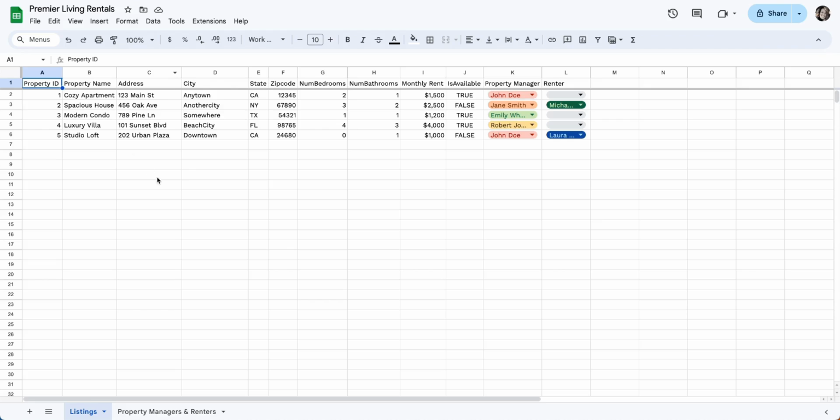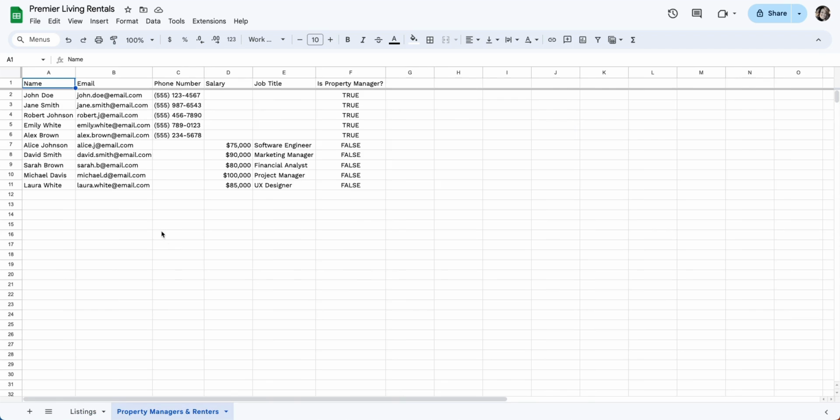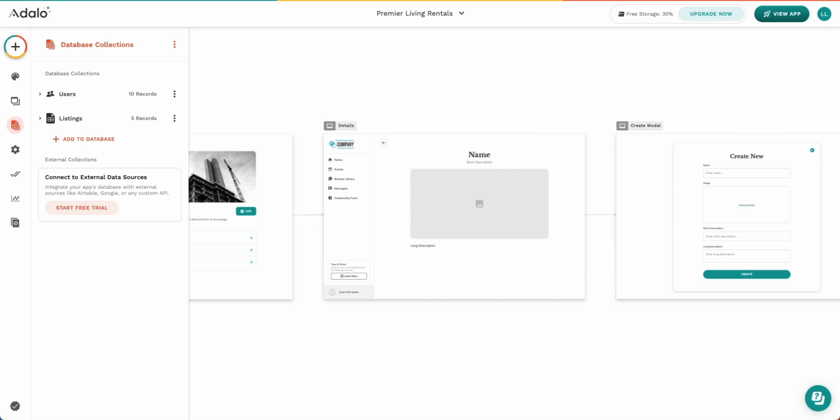And so for this example, we are going to pretend that we are a property management firm and we have several different listings that we are going to look through. Here you can see inside this database, we have information about these listings, and we also have information about property managers and renters. If we go ahead and take a look at Adalo,